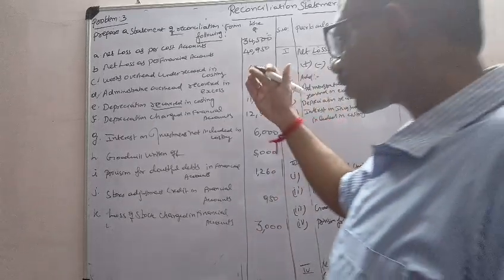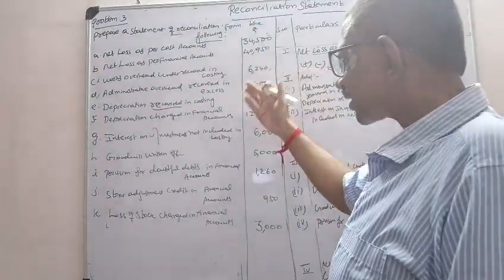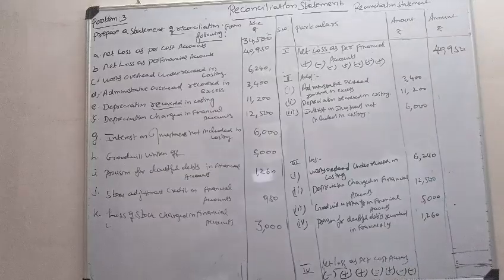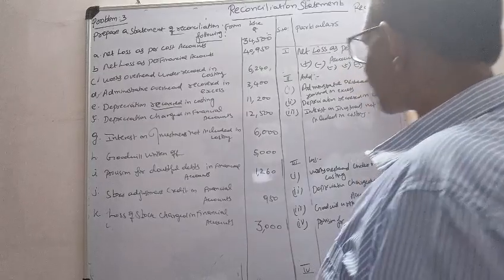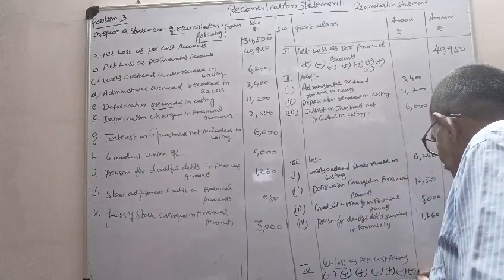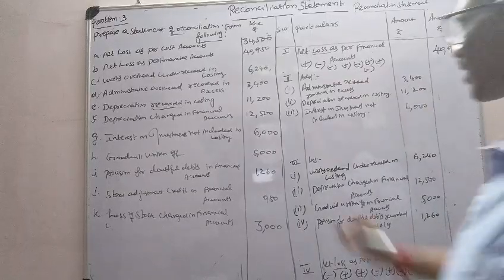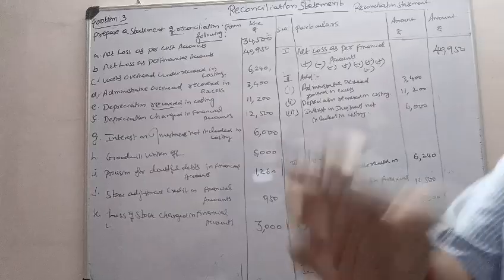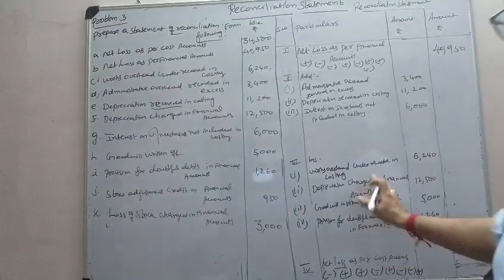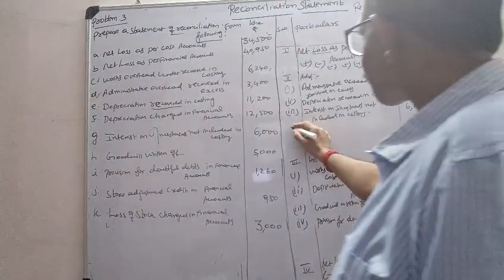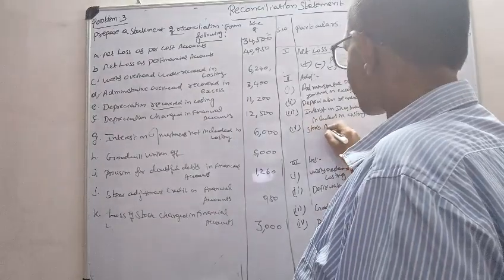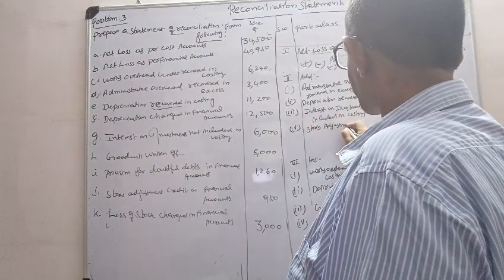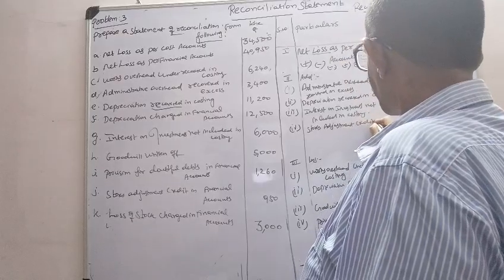Next, stores adjustment credited in financial accounts. Something credited in the financial accounts means it increases the profit level and decreases the loss level in financial accounting, and then automatically in cost accounting it increases the loss level. So whatever the cost account says, that you have to do. Credited in